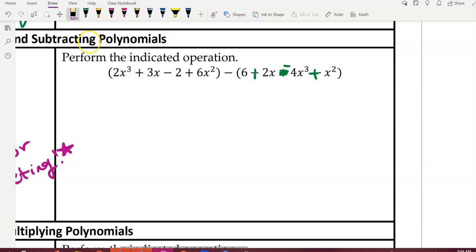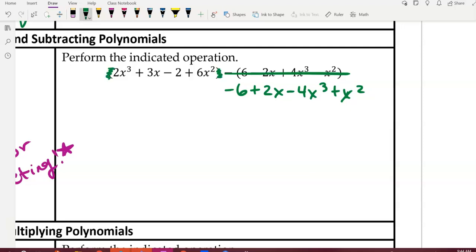I think in class, I more so just kind of like change the signs below and then crossed out that first row. So all I did was go ahead and change the signs, rewrite it, and now I have an easy addition problem where all I need to do is combine the like terms. So for subtraction, change signs,